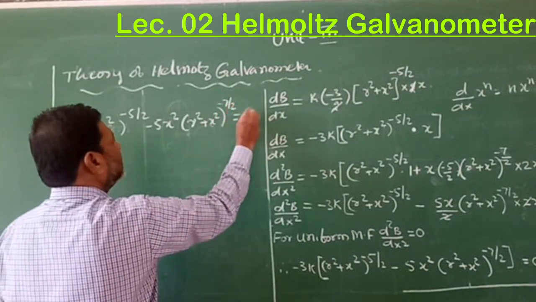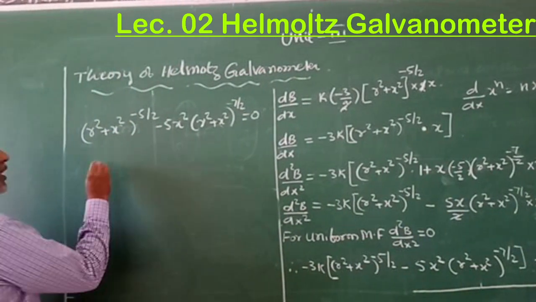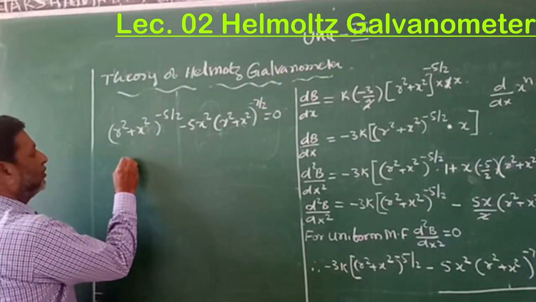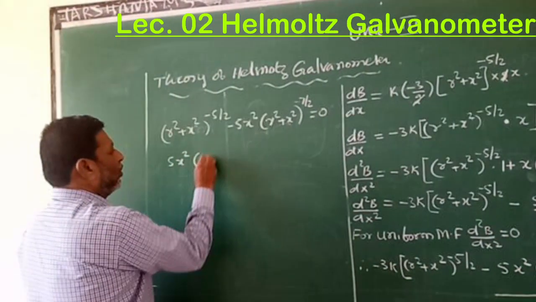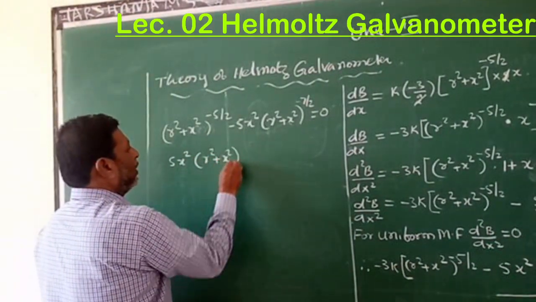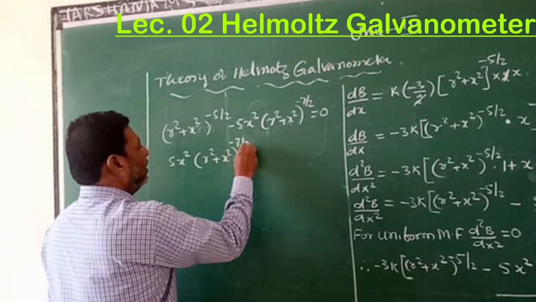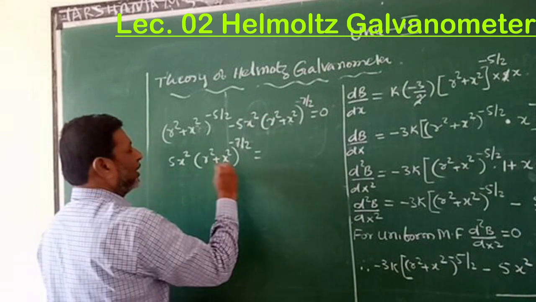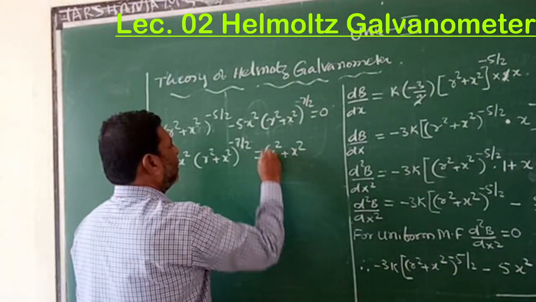This is equal to 0. This is what we get here. And here we get 5x square into r square plus x square raised to minus 7 by 2 is equal to r square plus x square raised to